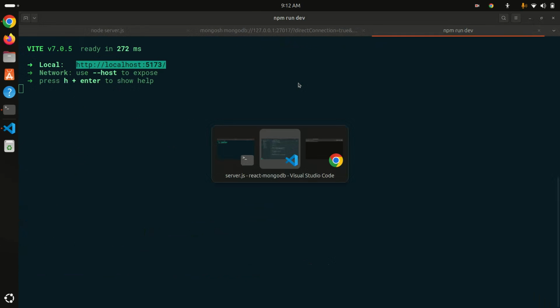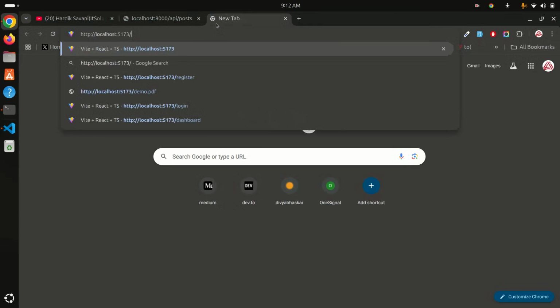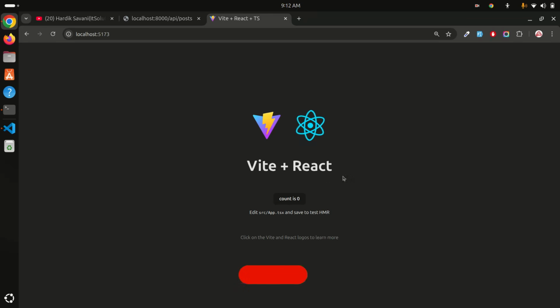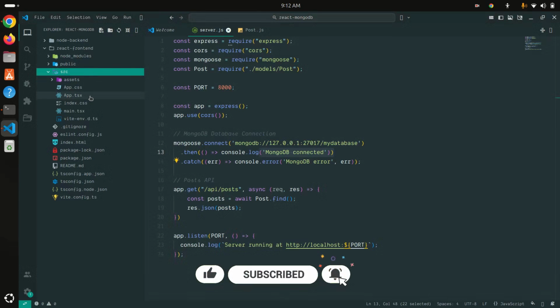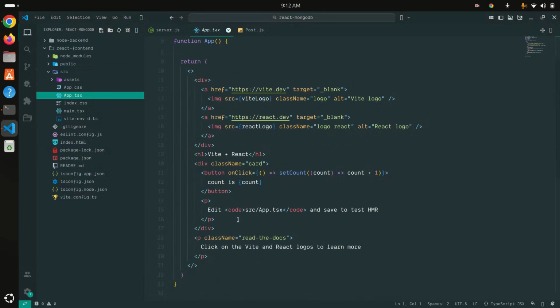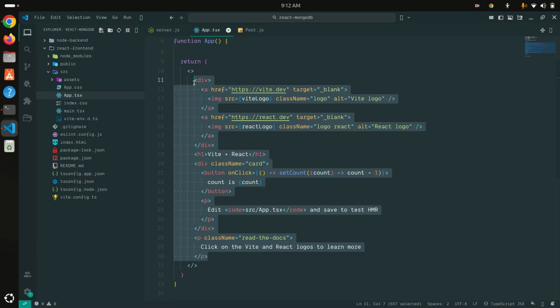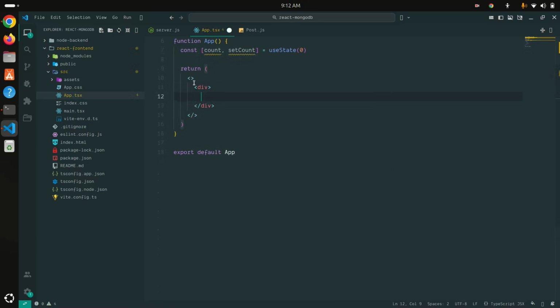Just copy this, and this URL we are going to use in React application. Right now with Vite React there is a simple page running. Now let me go here, and also let me remove this entire stuff over here. Okay, and I will keep one div, and then what I'm going to do, I will